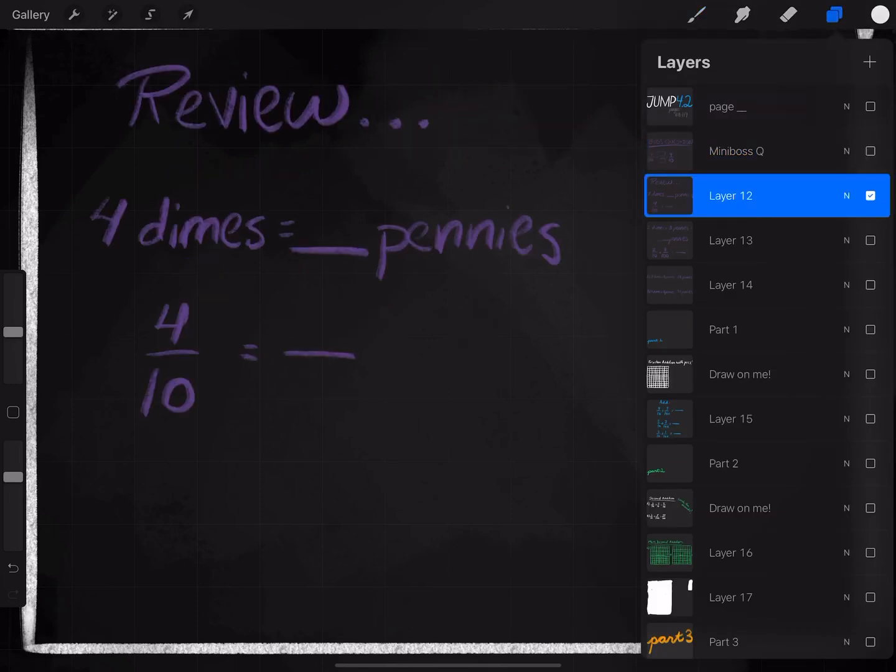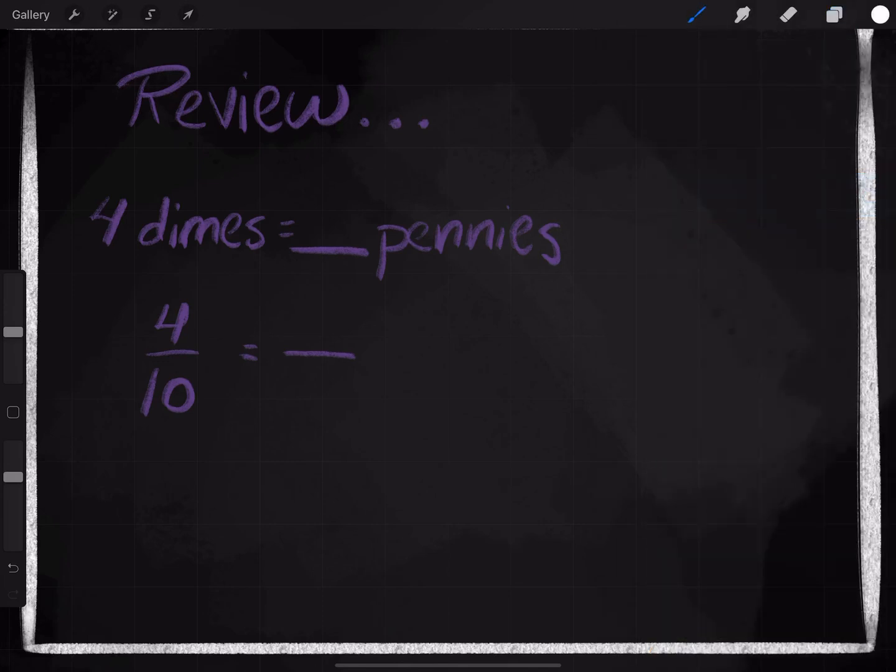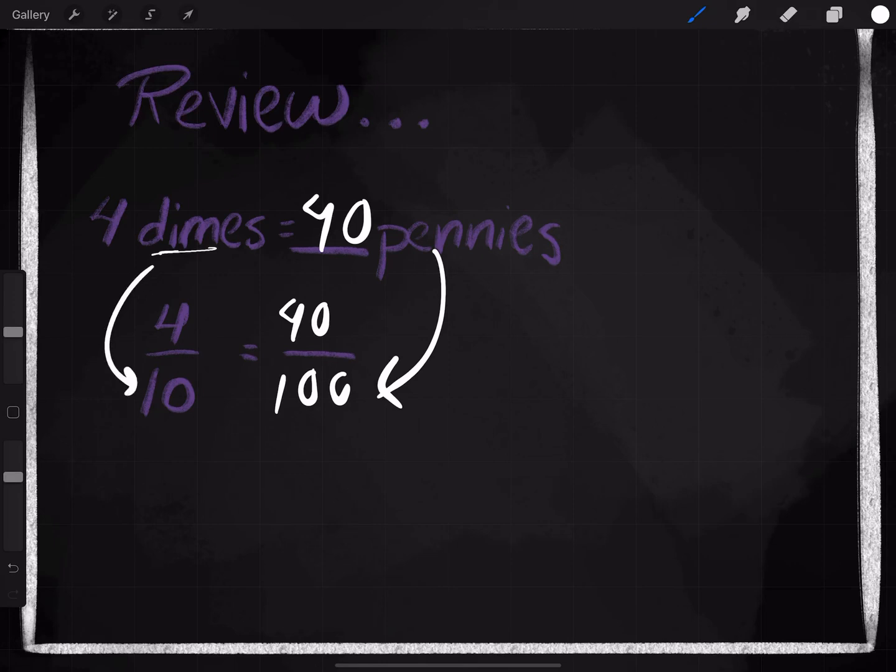See if you can figure out what that could be. All right, we're going to start with a little review from last time. We compared dimes and pennies to tenths and 100ths. So 4 dimes would be the same as 40 pennies. So 4/10ths, because dimes are tenths, would be the same as 40 100ths, because the pennies are 100ths. So just as a review,